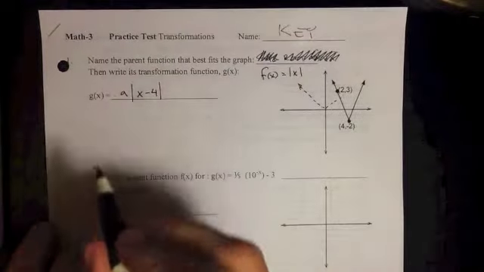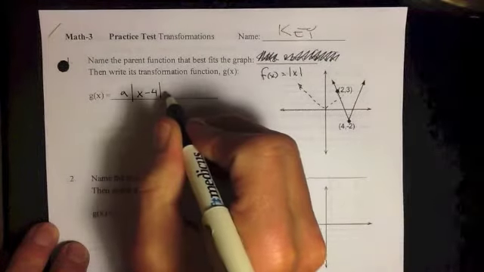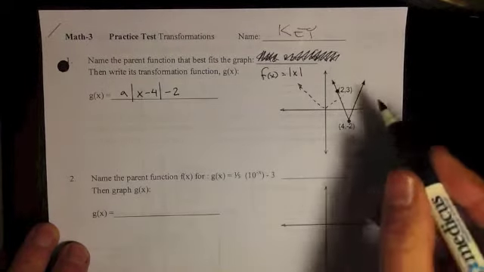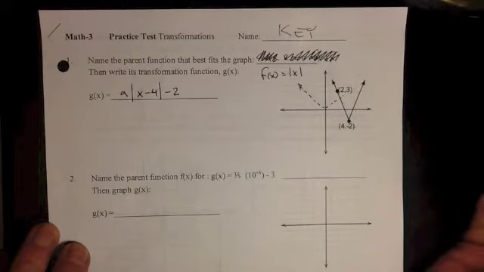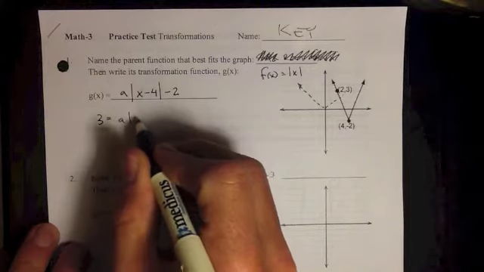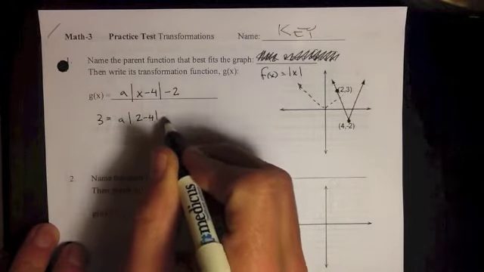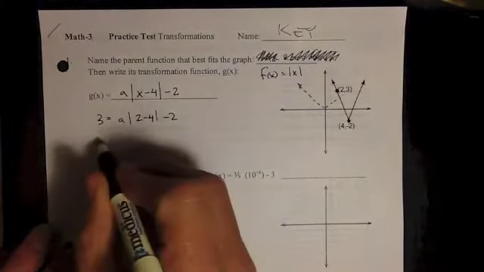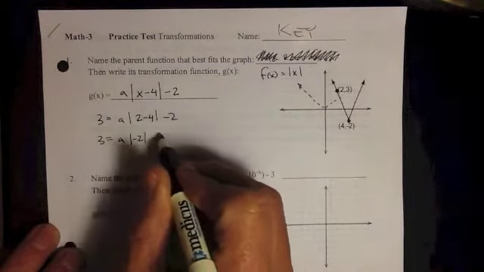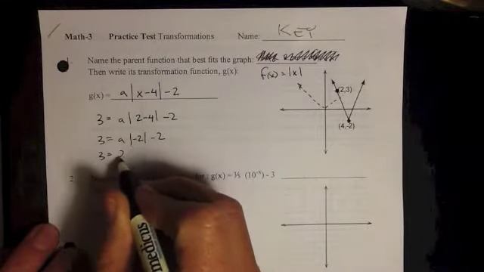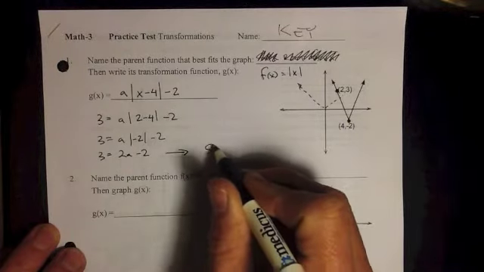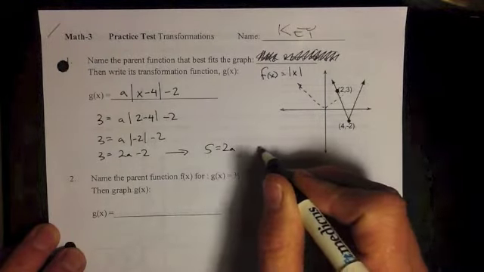And I'm just going to put a out there, and then it's going to be -2 for the vertical shift downwards. And I happen to know that this other point 2, 3 is on it, so I know that I'll get 3 out when I plug 2 in. I don't know what a is, and then it's 2 minus 4 minus 2. So I do the math. 3 equals a, and then the absolute value of -2 minus 2. So 3 equals 2a when I take the absolute value, of course. So then that gives me 5 equals 2a, and a equals